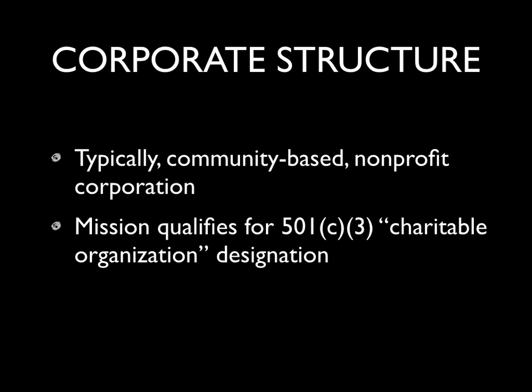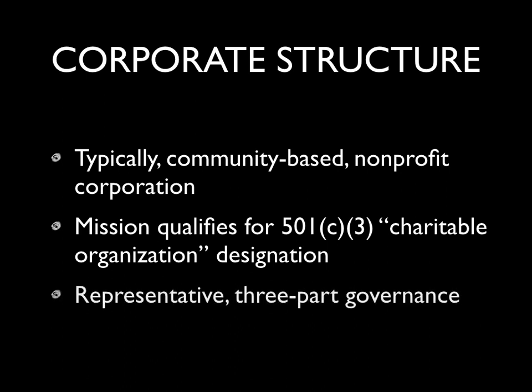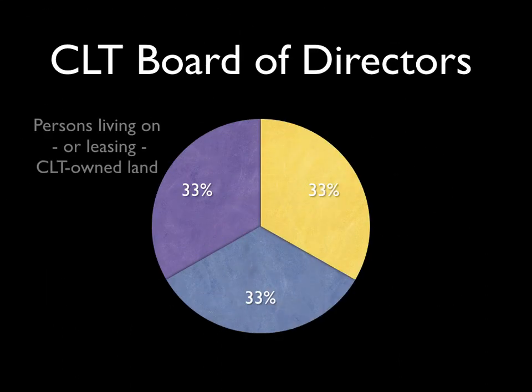One of the hallmarks, however, that we've seen in community land trusts, and pretty typically found as a best practice, is that the governance structure, the board of directors, is comprised of three equal categories of directors. A third of the seats are set aside, reserved for the folks who live in housing that's made and kept affordable by the community land trust. A third of the seats are designated for people who live within the community land trust geographic service area, and